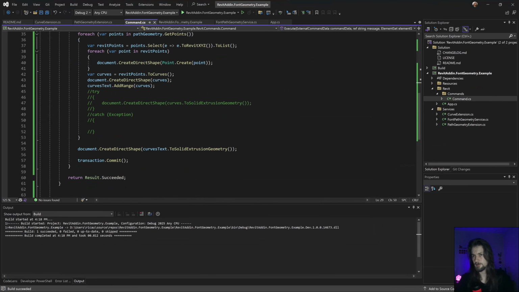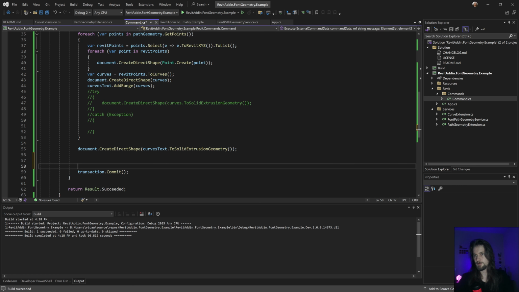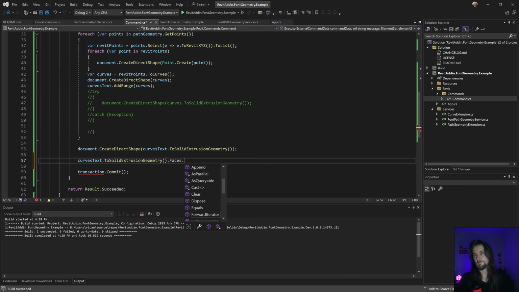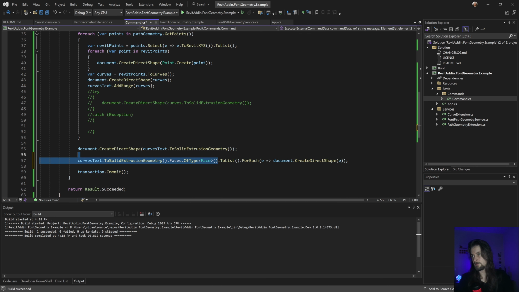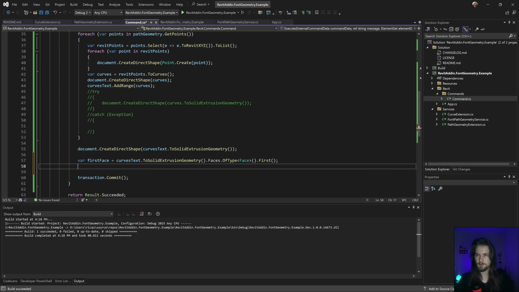I can show that actually. Let's do this face for dot type. It's almost that. Dot first face. If I get the first face, I'm pretty sure it's the lowest one. You can check that.